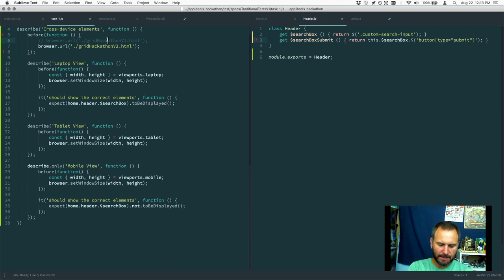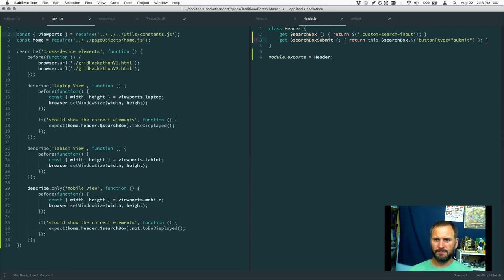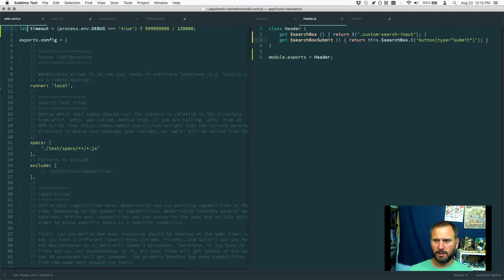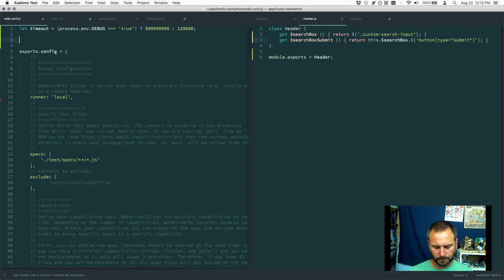I don't really want to copy and paste all these tests over into multiple folders because I'm thinking I can get away with not having to rewrite the selectors. So at some point, I don't know if you remember how we did process.env.debug. Here's what we can do. We'll do app version equal to